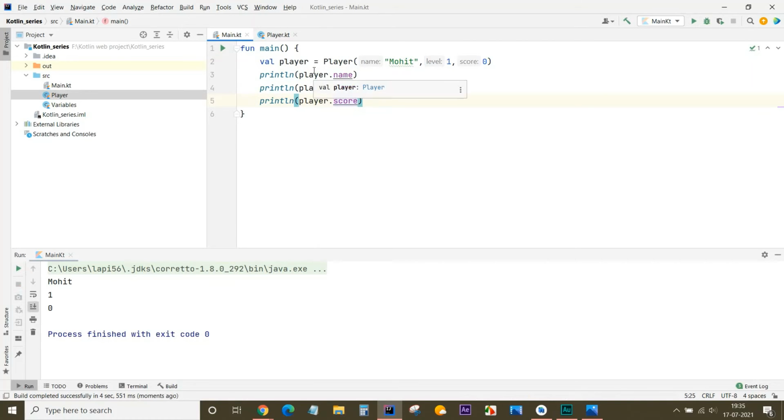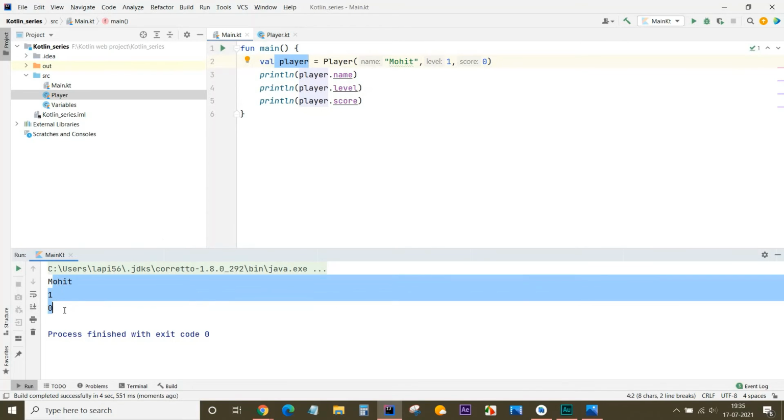A game can contain a lot of players: player 1, player 2, you can make a second player, a third player, each having all its properties. The same way you get output in the console, in an Android app you can also show the output. Okay, so let's see another way.